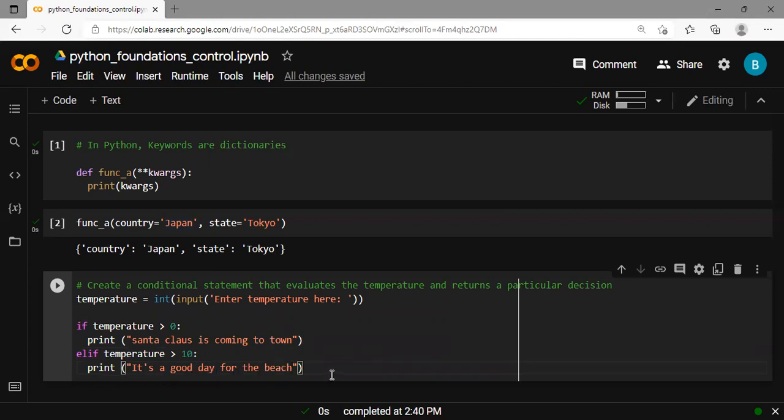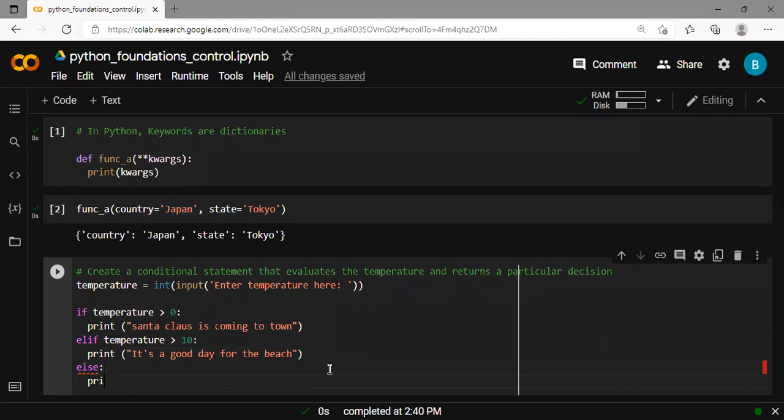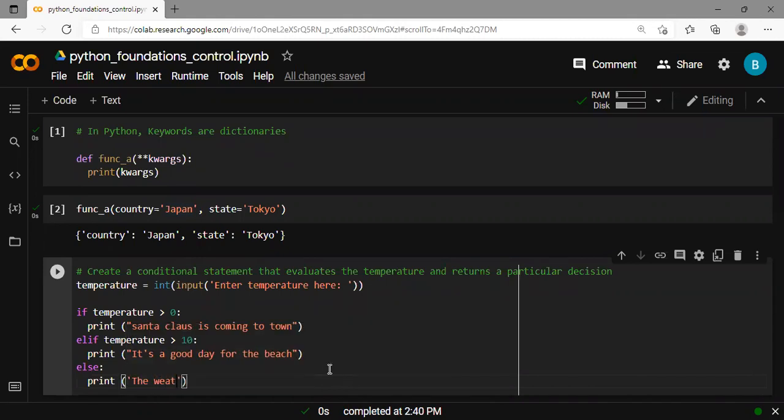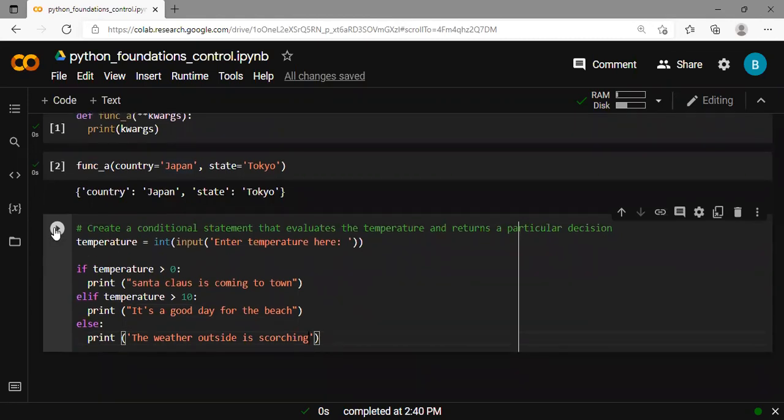All right. And then I want to also say else print the weather outside is scorching. All right, so just this. So what I'm going to do right now when I run this is going to be very, very wrong. Okay, so when I run this,